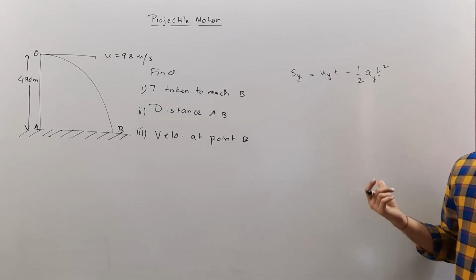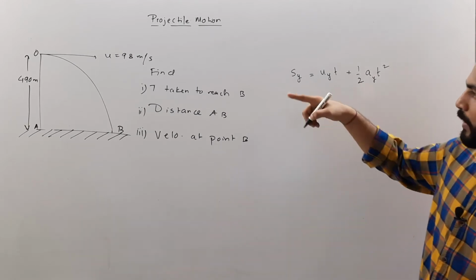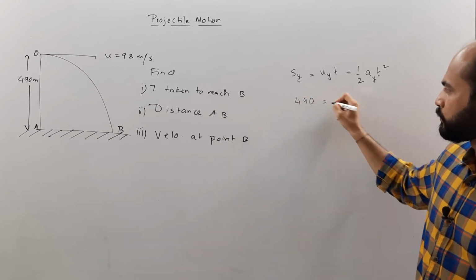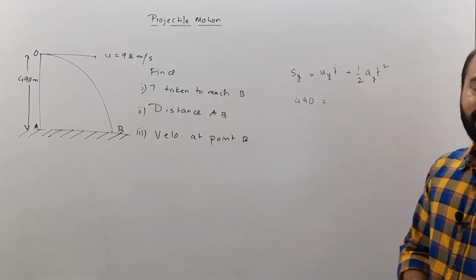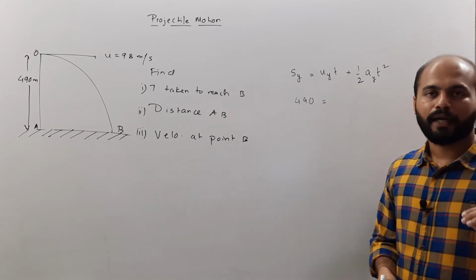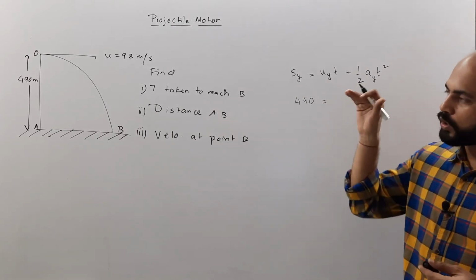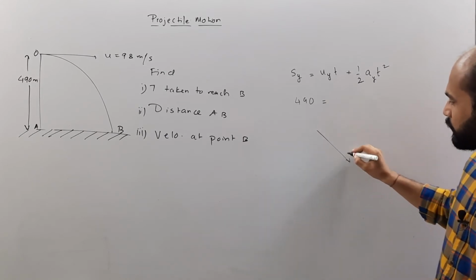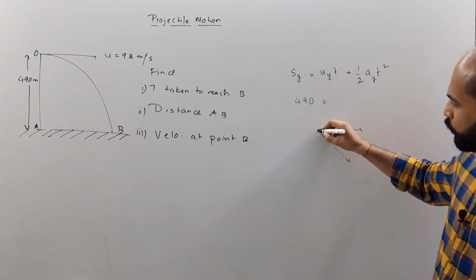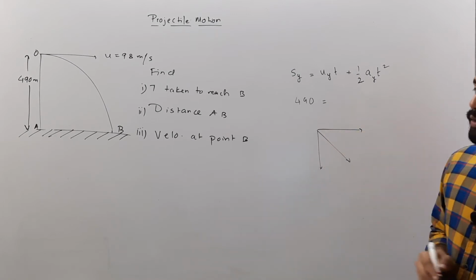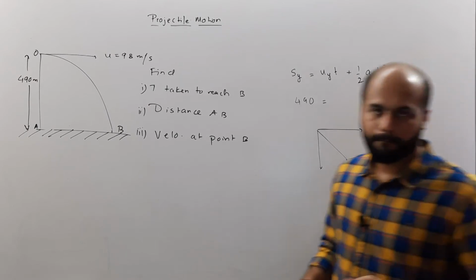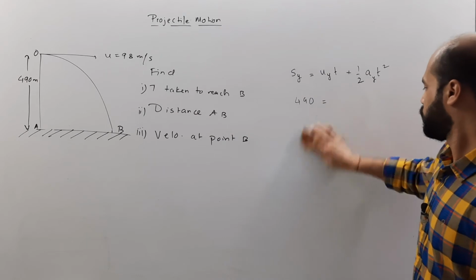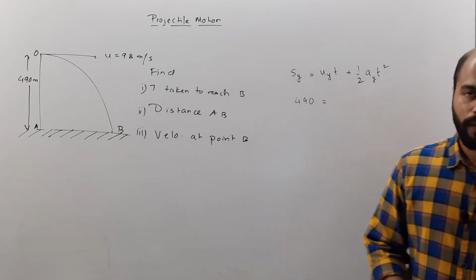Now going by this rule, we know that the displacement, the height that it has to cover, is 490 meters. And Uy, initially you can see that there is no vertical velocity. The entire velocity component is horizontal over here. So vertically there is no velocity. If it was projected like this, then this would be the horizontal component and this the vertical component. But over here you can clearly see that there is only a horizontal component. So taking that fact into consideration, Uy is 0.